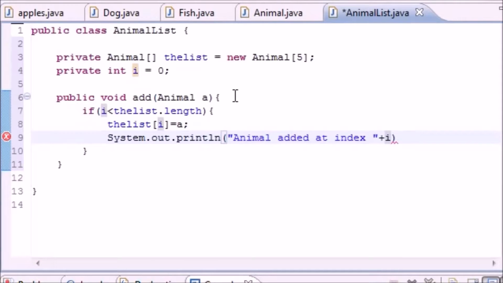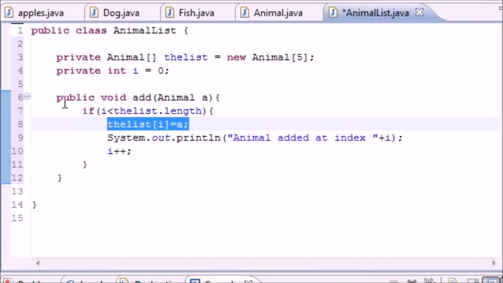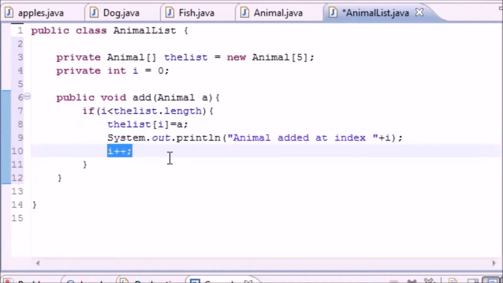So this pretty much just gives you a little message on the screen, and the last thing we want to do is increment I, because if we don't, it's just going to keep adding to that same index over and over again. So each time this runs, it's going to change that counter variable that allows us to move to the next element in our array. So now that we got this animal list, it's going to take any animal object we have,